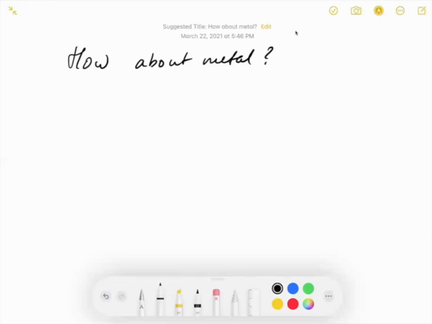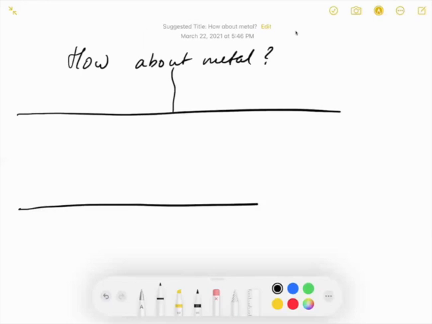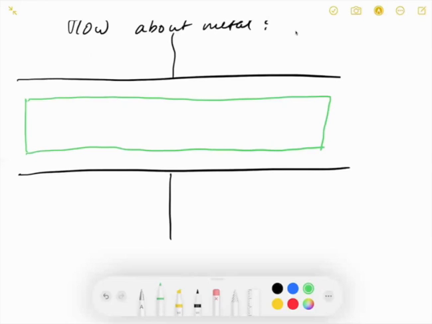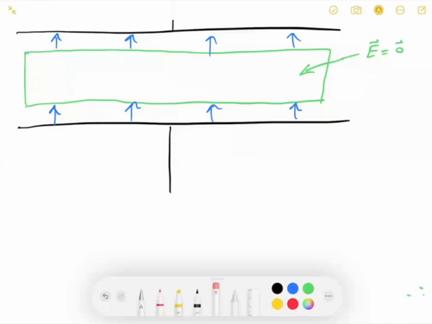So we do the same thing. We have our capacitor plates, and now our green material is a metal. We know that E is 0 there. Okay, so the boundary condition